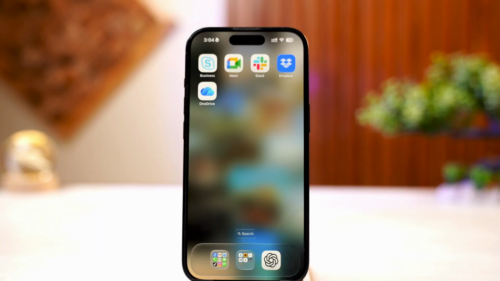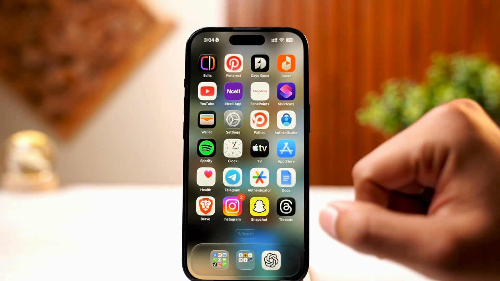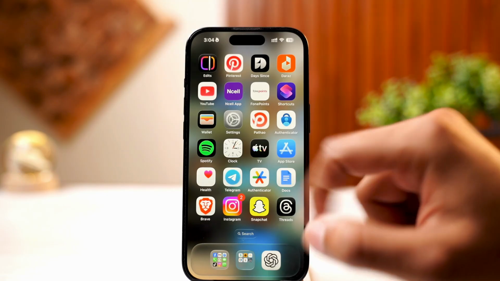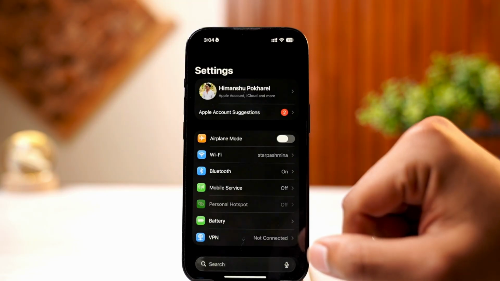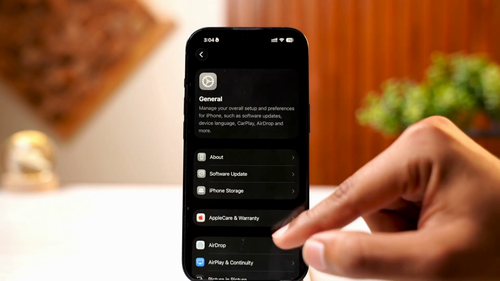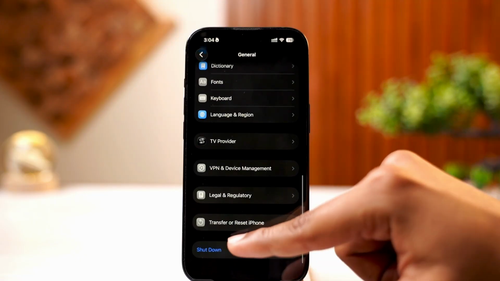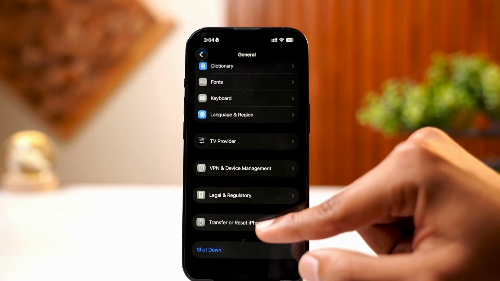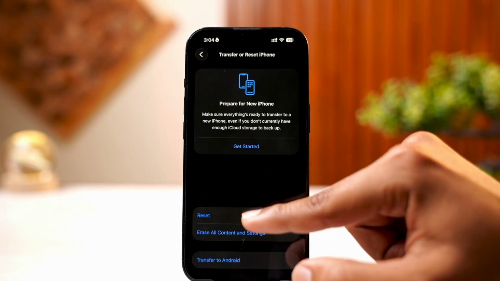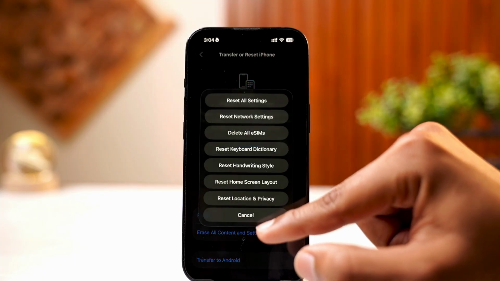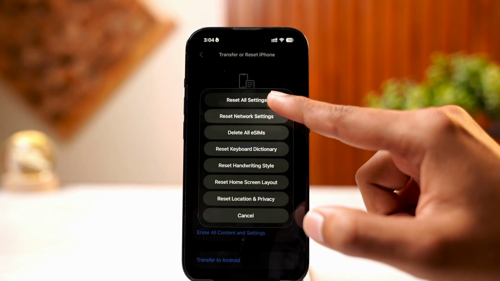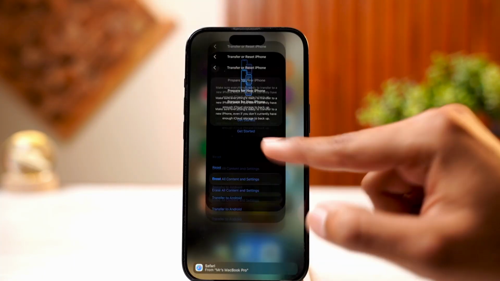So the first and the best method you can simply go ahead and fix it is going to be by resetting your settings. So simply go ahead and open your settings. Then you want to go inside General and scroll all the way down until you find Transfer or Reset iPhone. Simply go ahead and tap on that, and then you want to tap on Reset. This is where you want to click on Reset All Settings, enter your password, and that should go ahead and